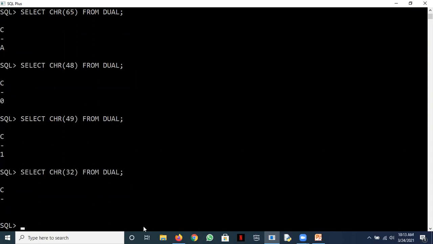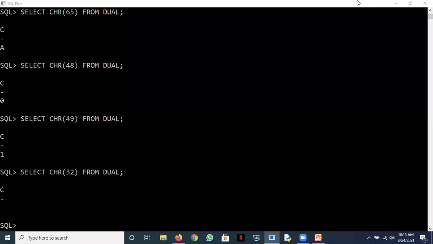Next, you can try all the functions on your own: INITCAP, LOWER, UPPER, LPAD, RPAD, LTRIM, RTRIM. If there is any problem, you can ask. Any character function which you want to discuss with me? Okay, fine.